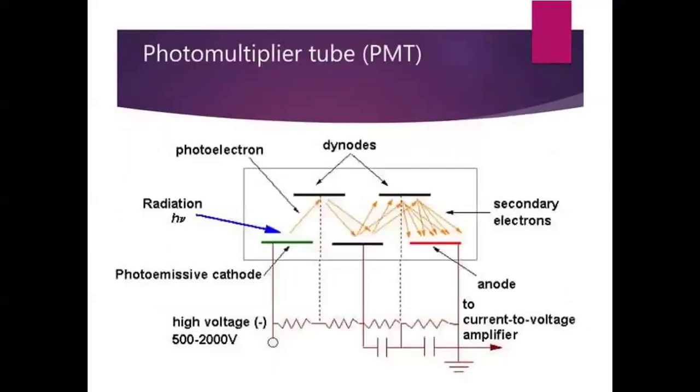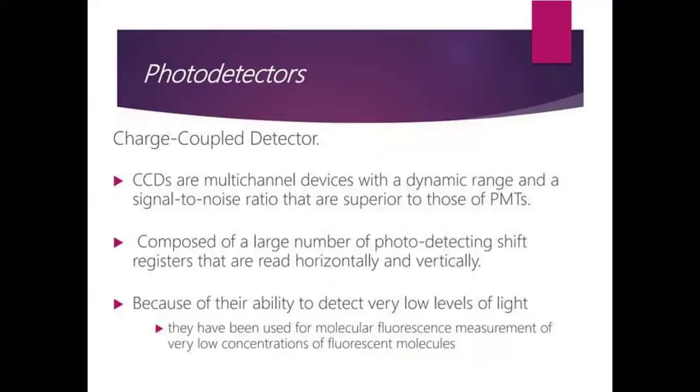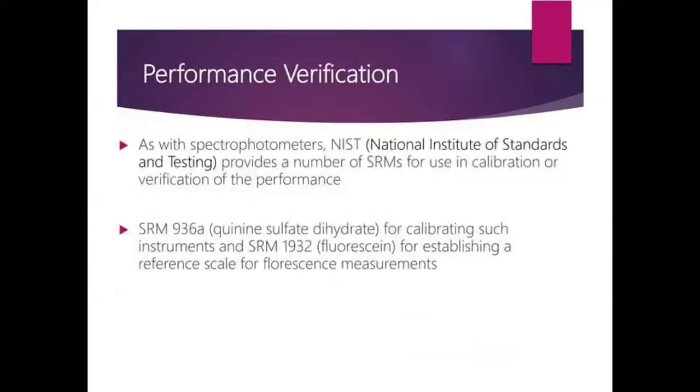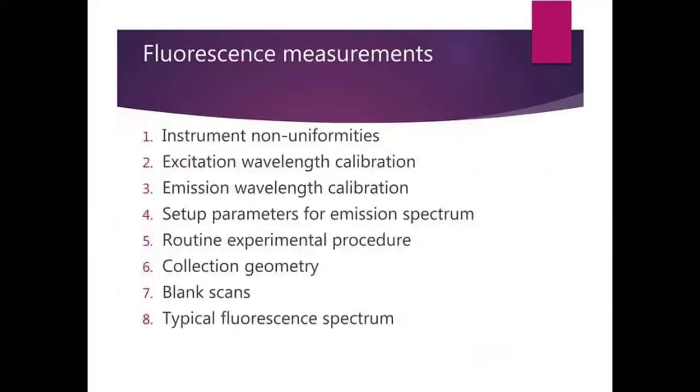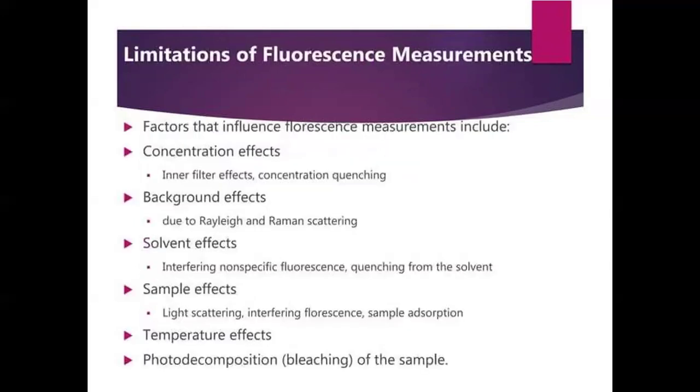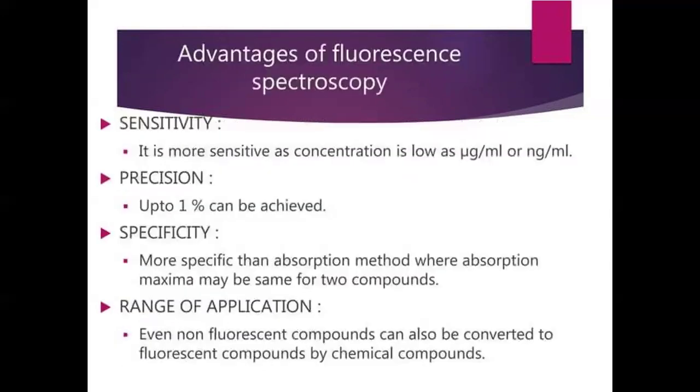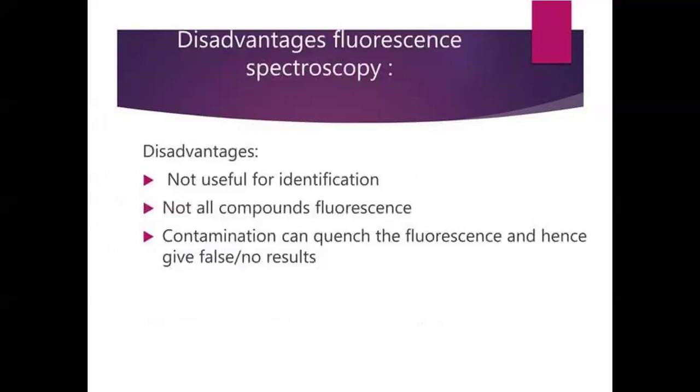And this principle is widely used in sensors, and accordingly to check the fluorescence, you have a specific detector, and the fluorescence measurement is taken in different spectrums. The sensitivity for the molecule is also high in the fluorescence spectrophotometer. Precision is high, specificity is good, and the range of applications is wide in this domain. Only one disadvantage is that you cannot identify the molecules here. Only a known molecule, a known reaction can be estimated.